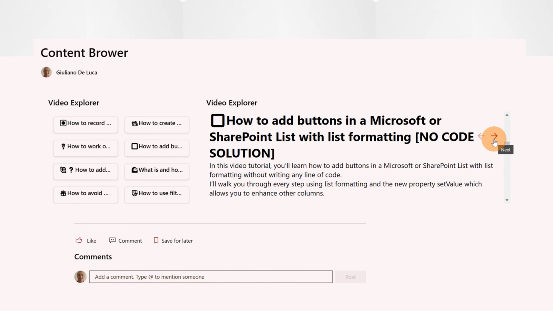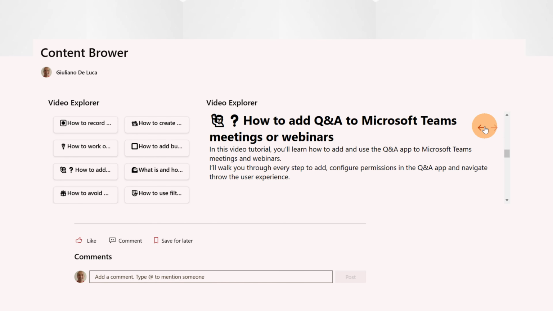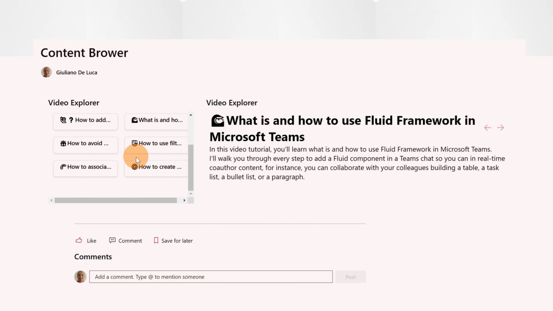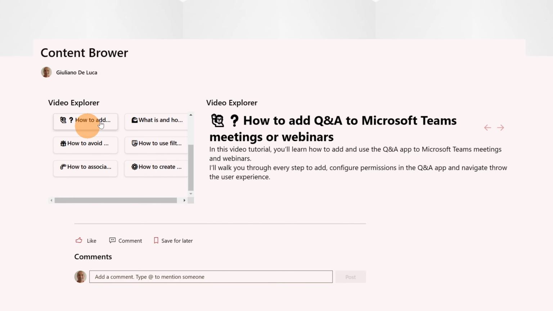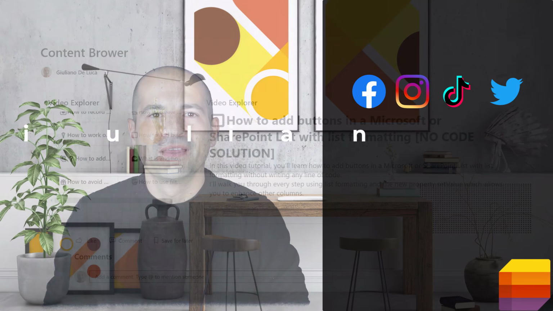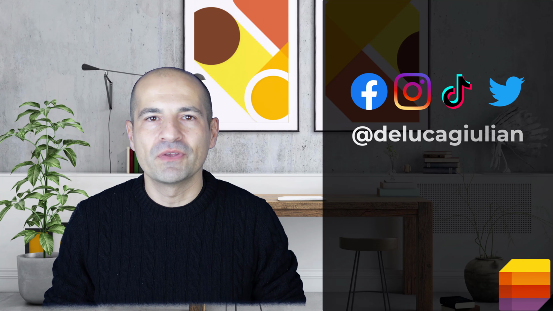It works wonderfully. I can click on the button next here or previous. I can even navigate the content in this way. Or if I have many items, I can use here the navigator on the left. Let me go on this other one. And again. That's it. Okay, we have seen in this video how to apply a Content Explorer view to a